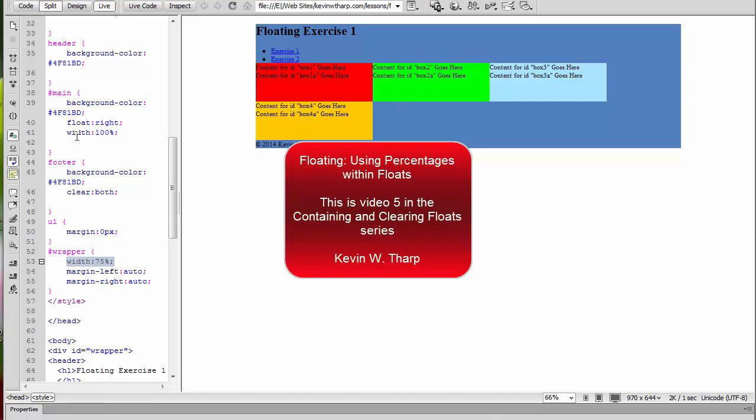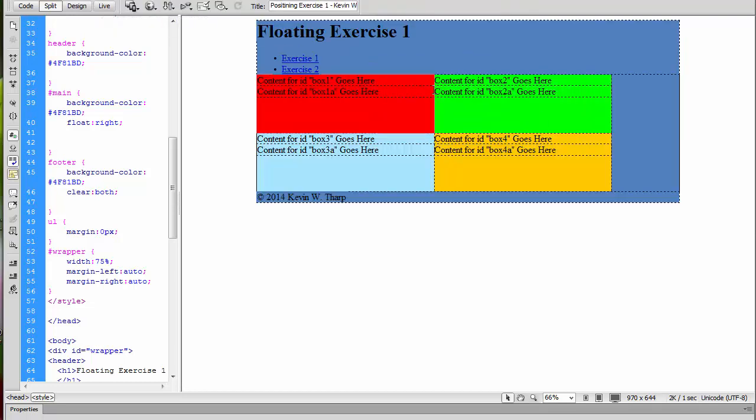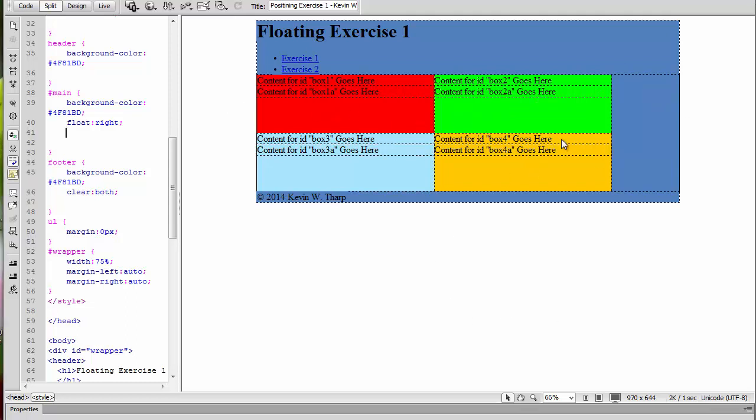So now let's go back and visit that div with the ID of main, and let's take out that width property, and you will notice that it has gone ahead and gone to the width of that containing element, but that's because the content within it is broader than the space that's available. So if we wanted to come in here and make a little change,